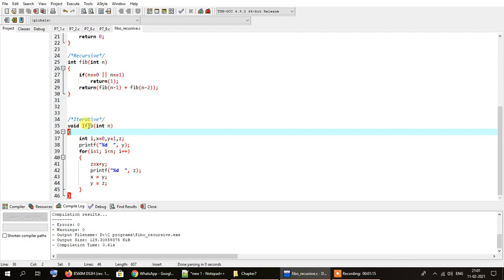We are calling the iterative fib function over here, which is the normal, non-recursive version of our method, trying to find the Fibonacci numbers in this series. Let us say the value of n is 5. Here we have x equals 0 and y equals 1, and in the first step we are printing the value of y, which is 1. In the next step we start the loop, which goes from 1 up to one step less than the value of n.